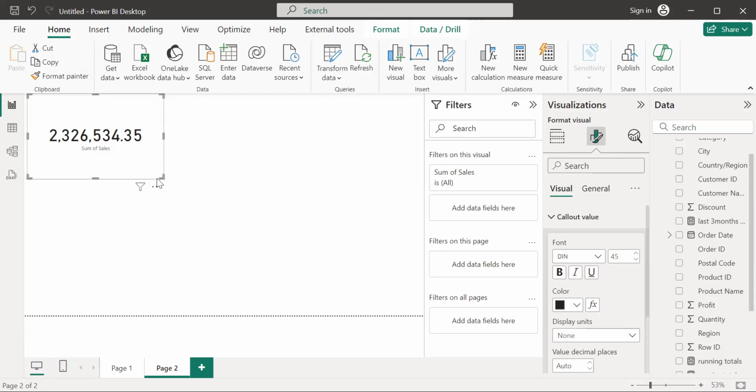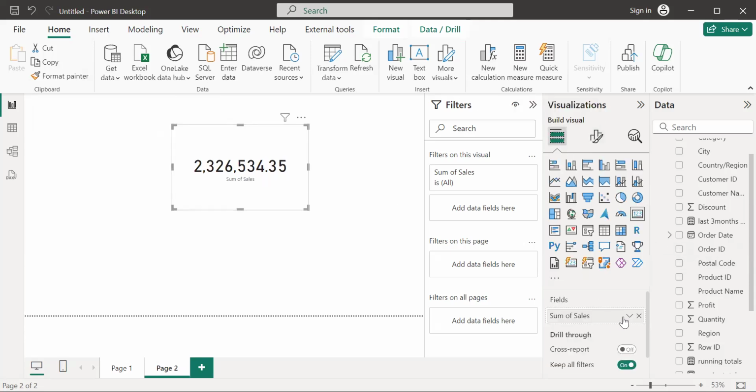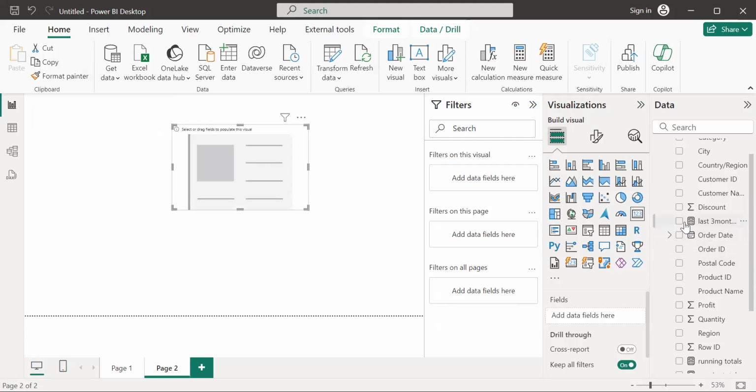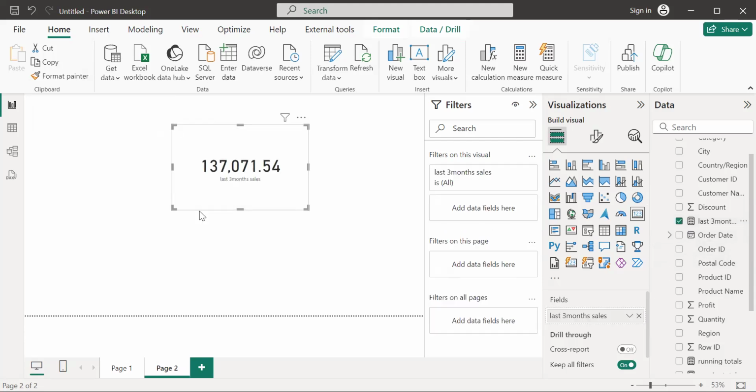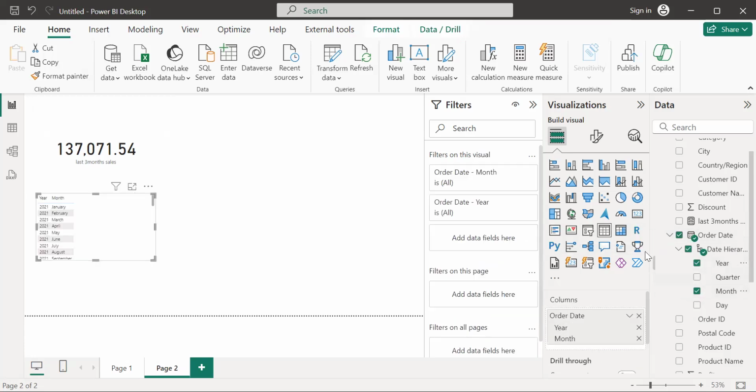Okay, how much we are getting here is... I think we have not selected it actually. Remove this and put it last 3 months. So last 3 months, how much are we getting? 1,37,071. So even still, if you want to compare it, just take that year, month,